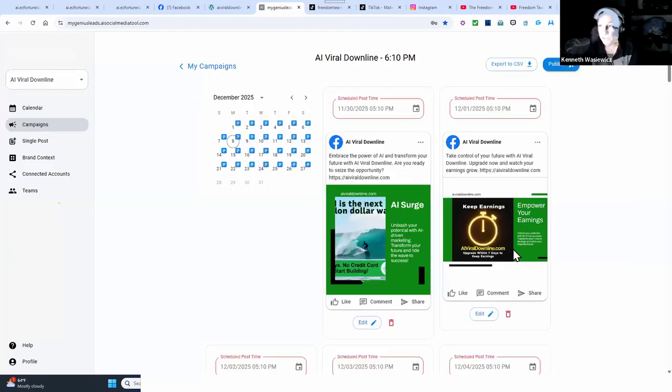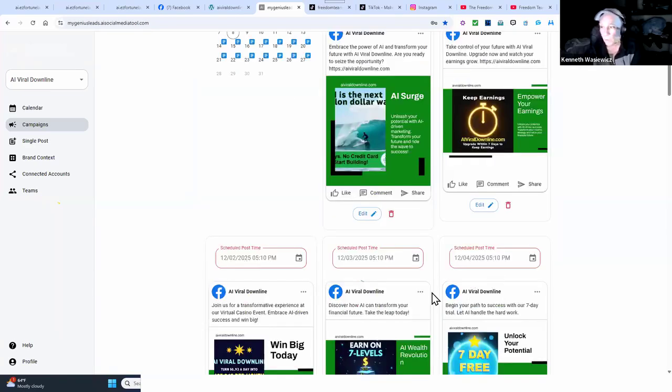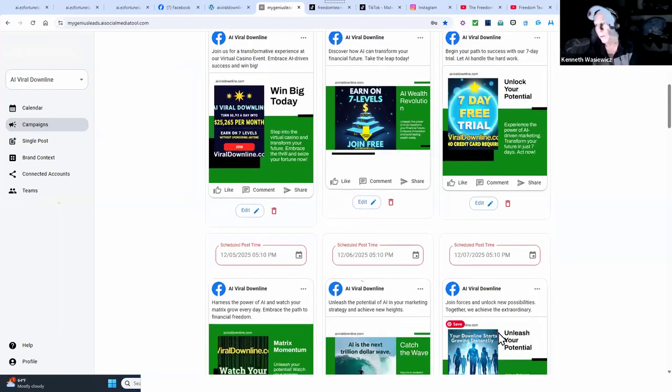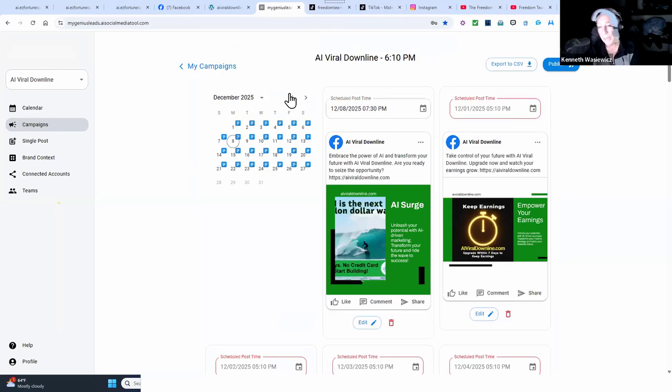And the reality of it is, because I created this back then, I could either go and update all these dates, or I can just go create the same campaign starting tonight or whenever I want. If I wanted it to be at 5:10 every day and it's after 5:10, then start your campaign tomorrow at 5:10. And then when you're done editing it, publish it.